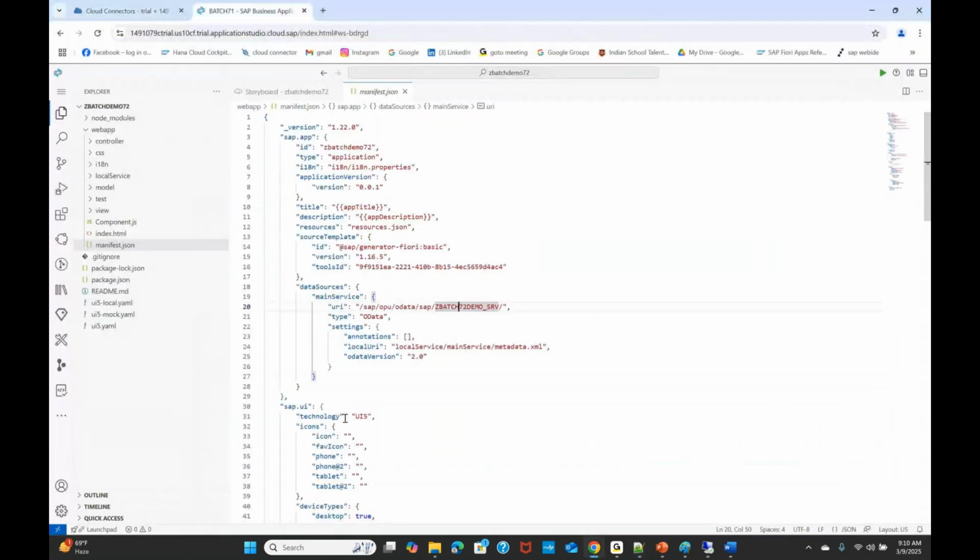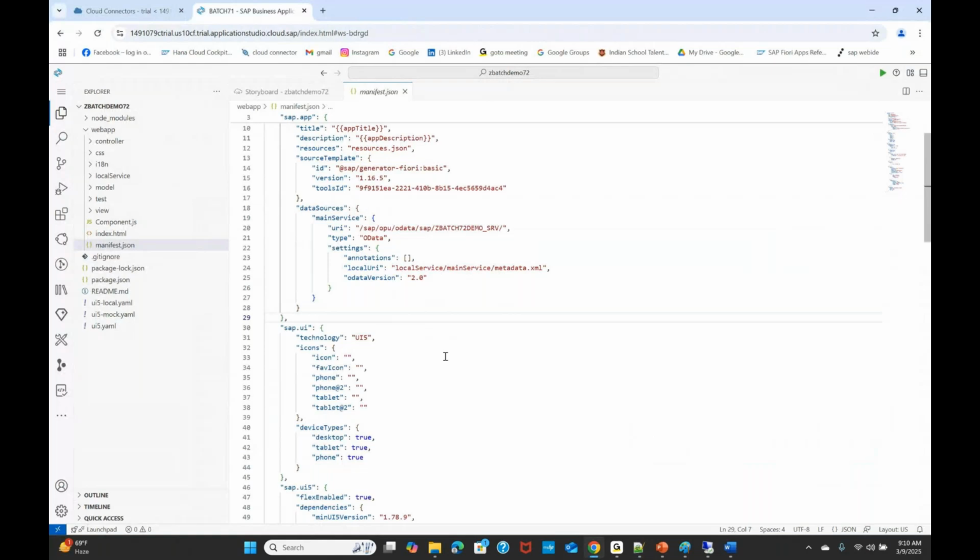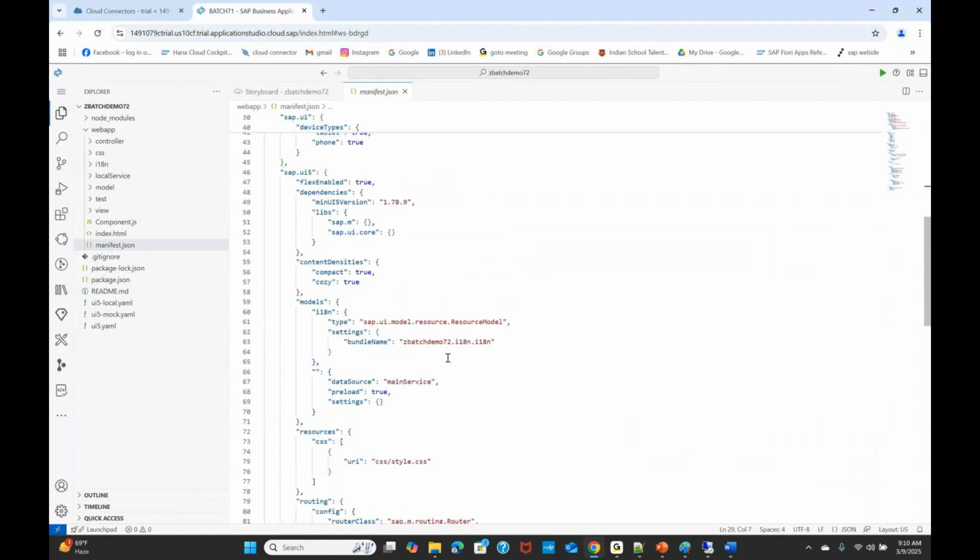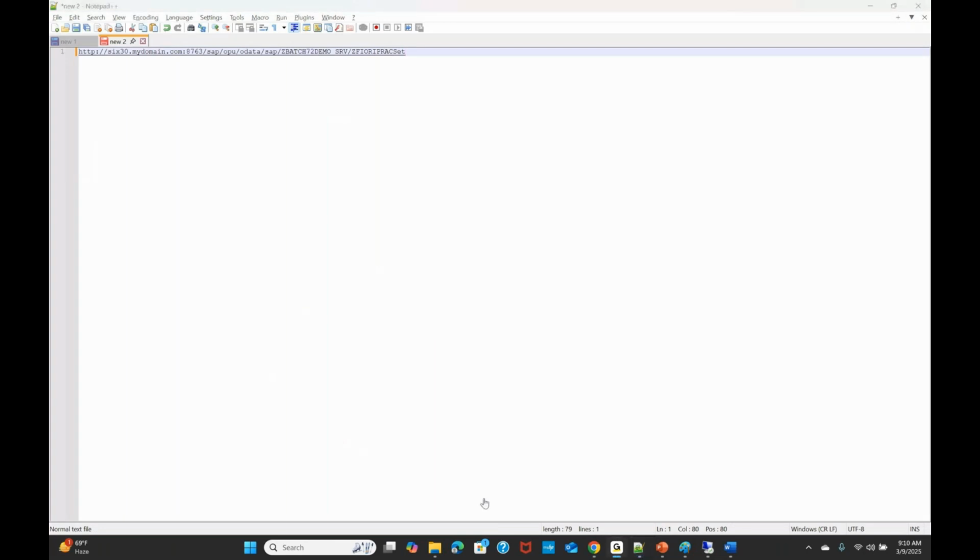Now I will be going to the section called models. Under the model, I'm just copying and pasting because it is a demo. Otherwise, I would be writing the code. Just a second.